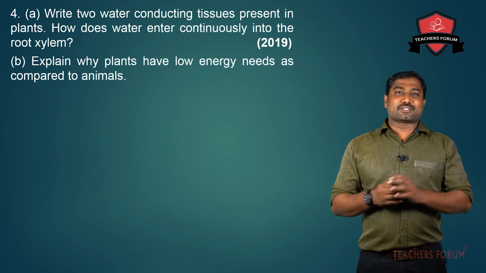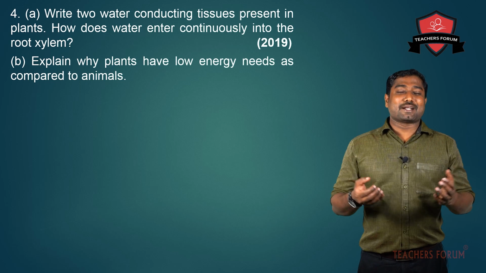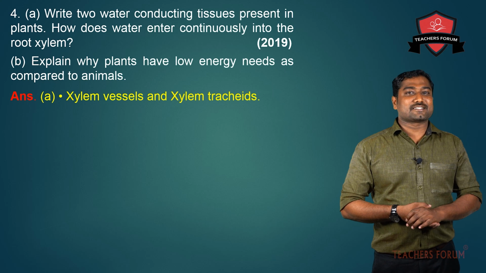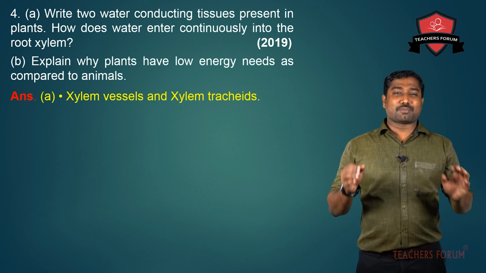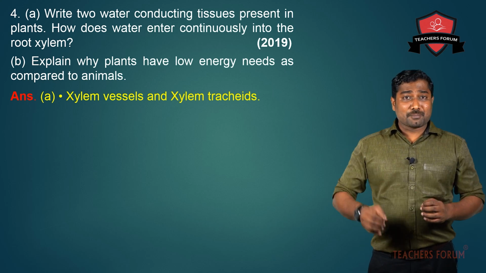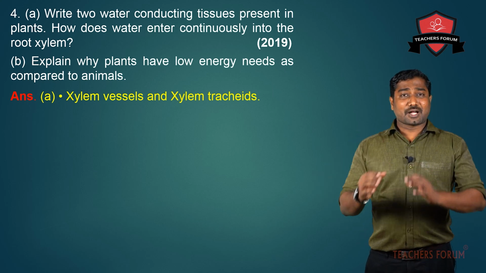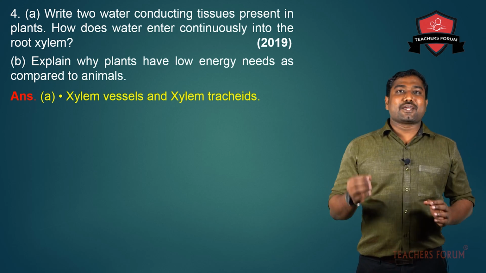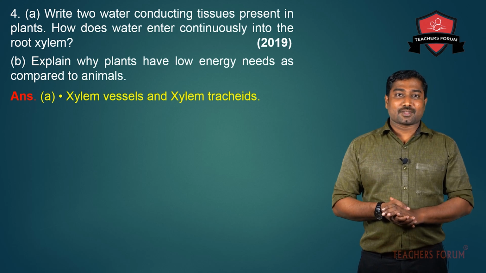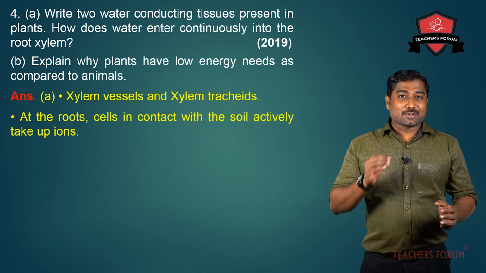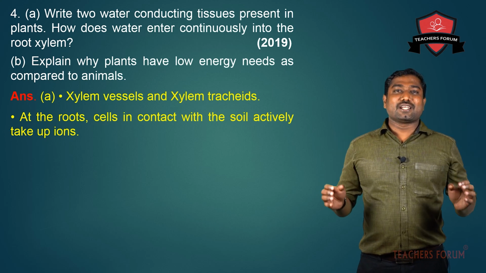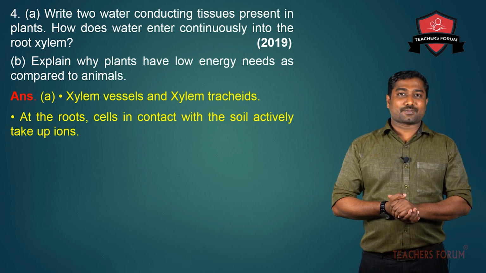The 2 conducting tissues or the vascular bundles in the plants are xylem and phloem. Xylem carries the sap while phloem carries the food, the dissolved form of food, to different parts of the plant body. And we learned how the water is pumped from the root to the different parts of the plant body. For that, the ions present in the soil are actively pumped into the root cells. As a result of this, there occurs a concentration gradient and the water present in the soil will be pushed into the root cells,